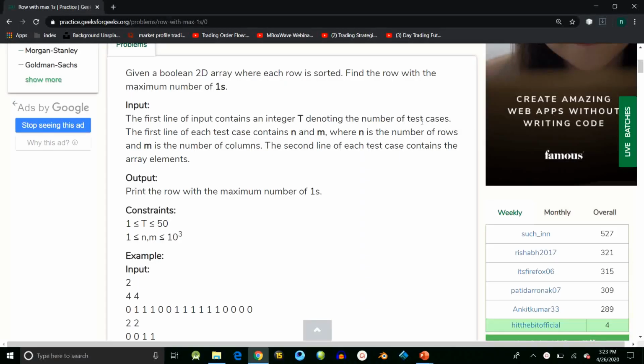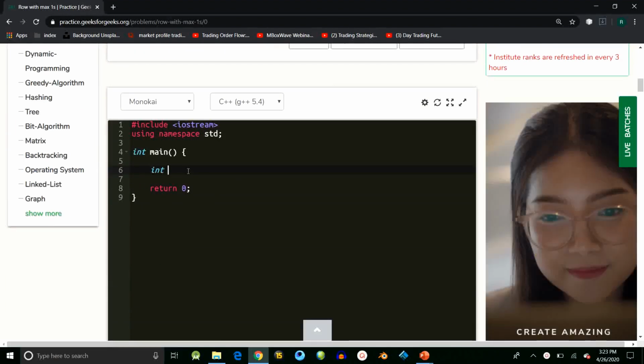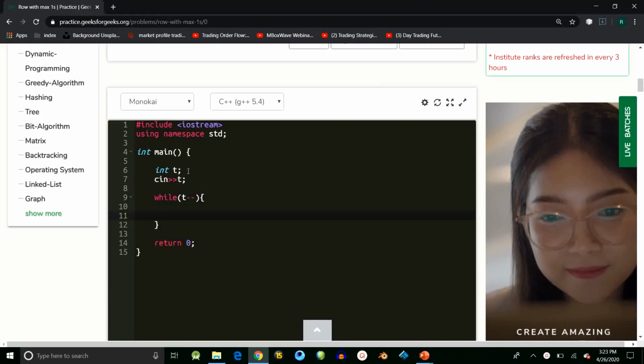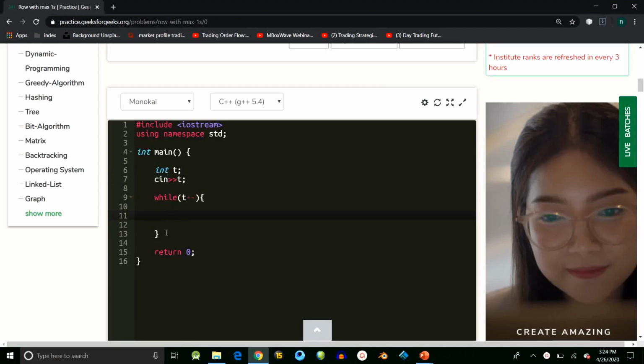So here we have the question on Geeks for Geeks. Let's now see how to read the input. The first line of input contains an integer t denoting the number of test cases. As explained in my previous video, you will always have to write these 3 lines: declare a number t, take t as input, and then write while t minus minus, and the whole logic of your program should come within this while loop. As a convention, you can just remember these 3 lines. It will always be there in each and every solution.